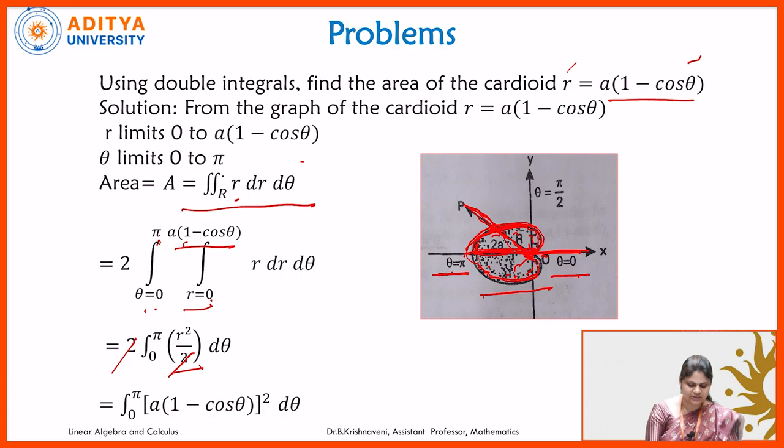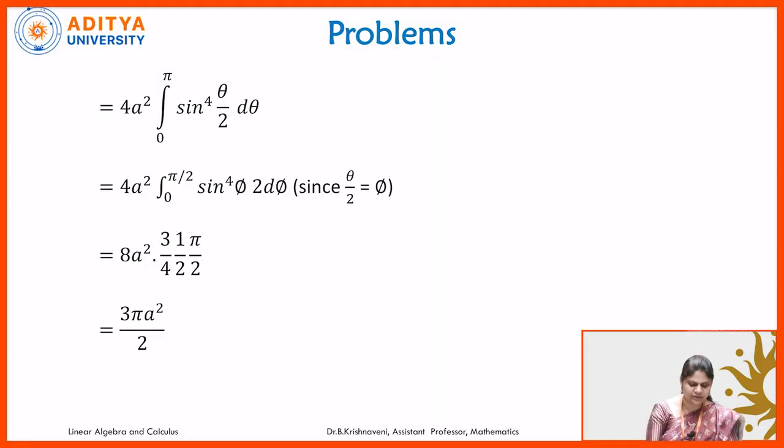So r square is a into 1 minus cos theta whole square d theta. Simplify and do integration with respect to theta. So then we are getting 4a square integral 0 to pi sin power 4 theta by 2 d theta, which is equal to 4a square